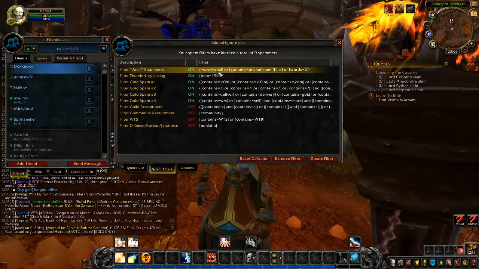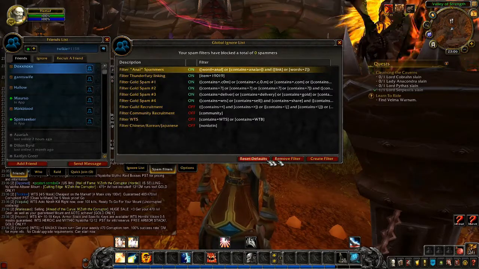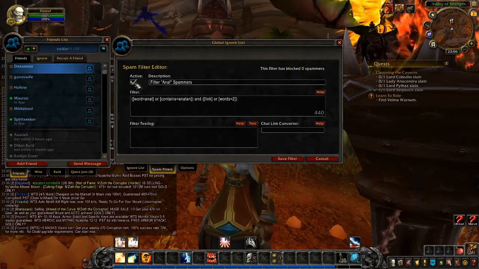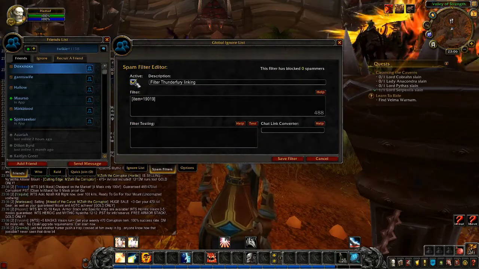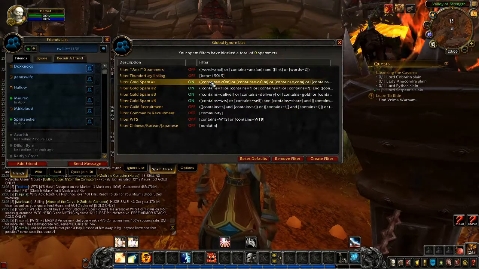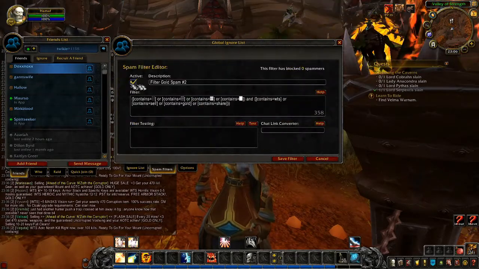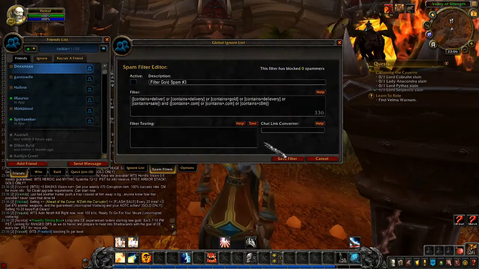So it's got some default stuff. I'm going to turn those off. Gotta remember how. Oh yeah, click active. And the reason I'm turning them off is because I want to start fresh, knowing exactly what I filtered, not what someone else chose. What I do use these for is as good examples, because there's a couple ways to